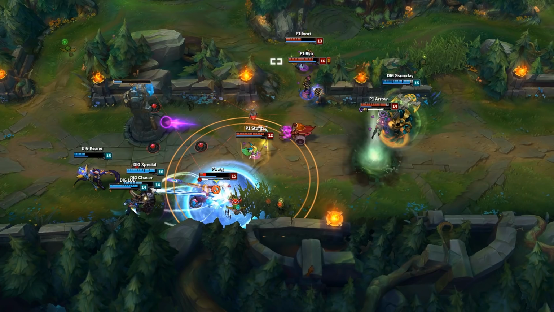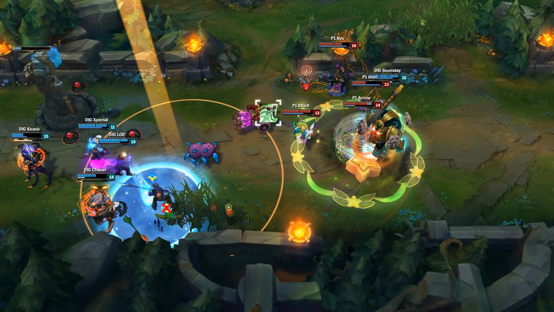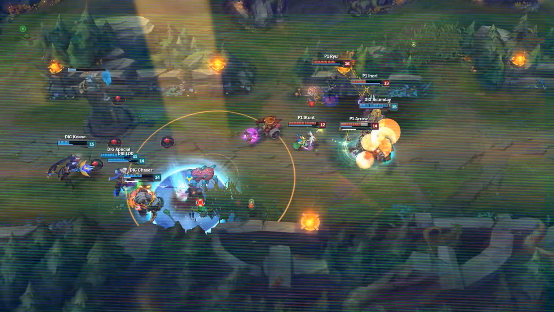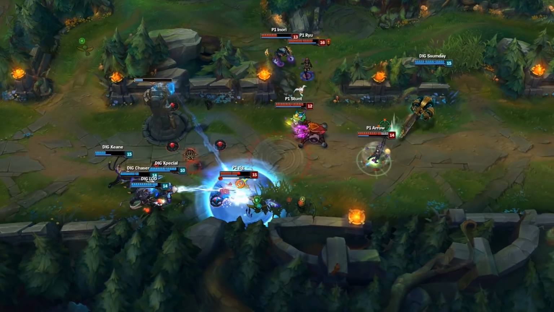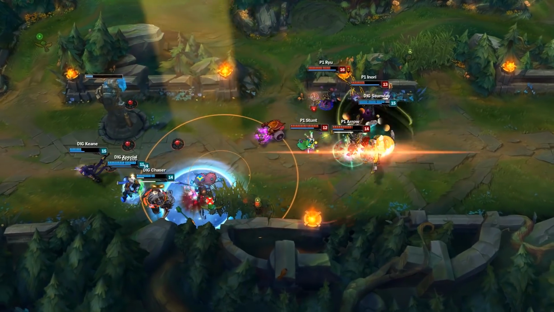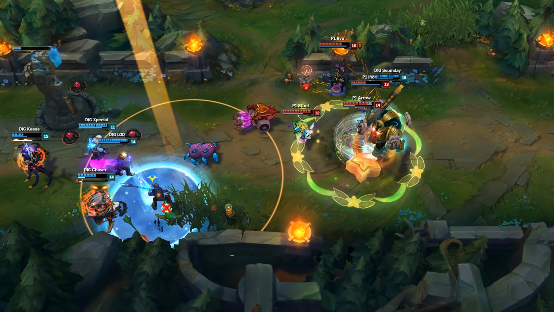Ryu's Command Protect, as well as Stun's Wild Growth, are both cast to protect Arrow, and Team Dignitas focus Zig, who they have caught in Nether Grasp. This is where things are looking good for Team Dignitas, but in reality, they're only a few seconds away from a disaster. Before we continue, let's take a look at Arrow's Caitlyn trap placements and the zone control that they